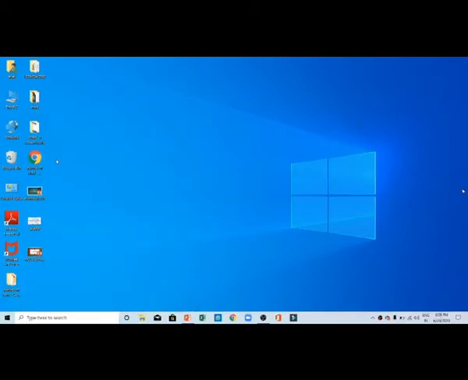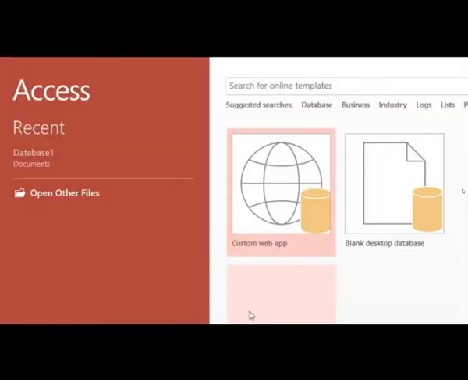Here children, I have the 2013 version. In your book, the suggested version is 2007. Still, we are in a better position. We are learning the revised version. These versions are simply a slight change, you can say, in the features or in the look and feel of the application software window. So when you click on MS Access, the Access window will appear.